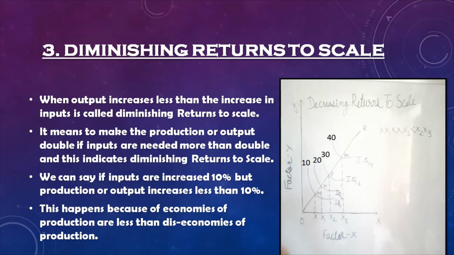Here the diagram is showing decreasing returns to scale. As you are able to see, the gap between isoproduct curves is continuously increasing. That indicates that to increase the same amount of output, the producer needs more and more amount of both the factors. So this situation shows decreasing returns to scale.